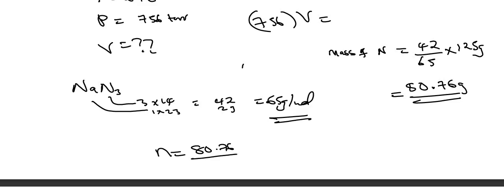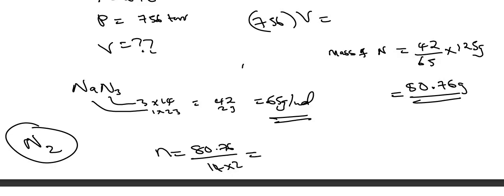Nitrogen is diatomic, right? So we divide by 14 times 2. When you do this, you get the number of moles